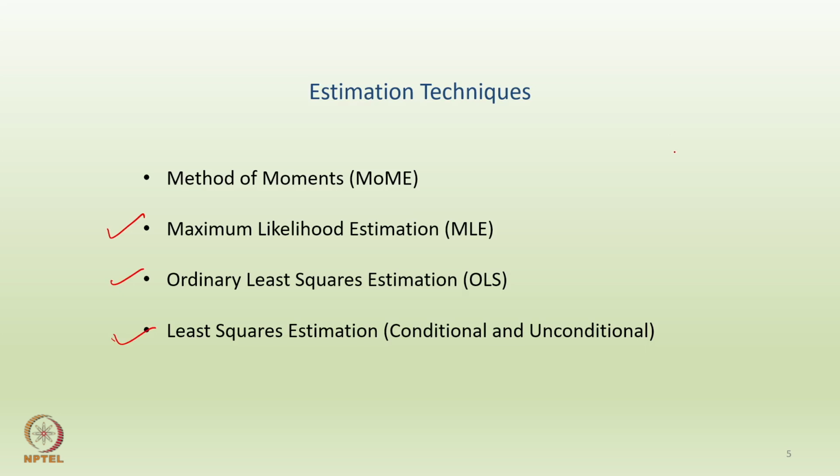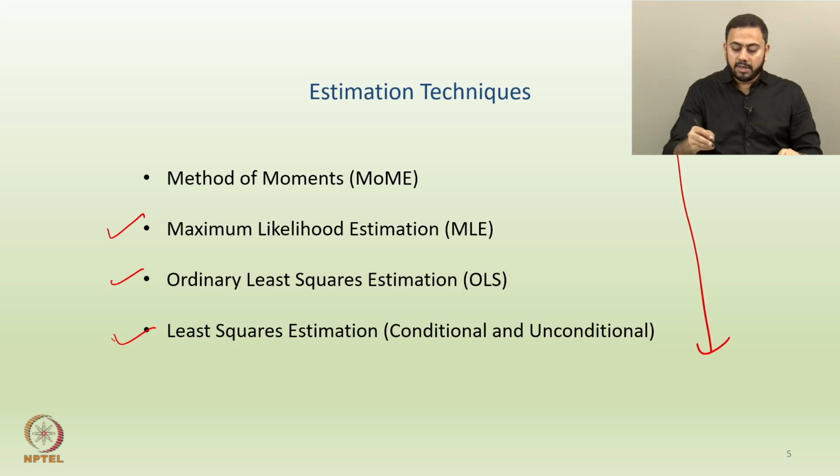So, in short you have several different techniques of estimating the parameters: method of moments, maximum likelihood, OLS, least squares, etc. By the way, OLS is exactly similar to what we have in regression, isn't it? Even in regression we have the OLS technique. We estimate the underlying parameters in, let us say, simple regression or multiple regression using an OLS technique. Okay. Alright, so now we will elaborate a bit more on each of the estimation techniques and then see how exactly you can deploy those.